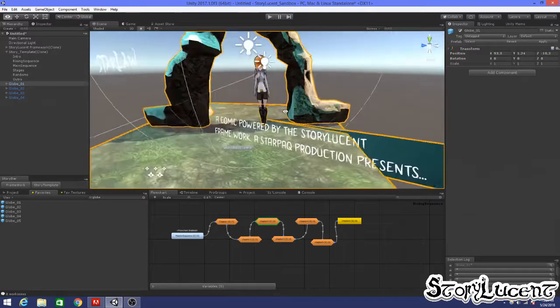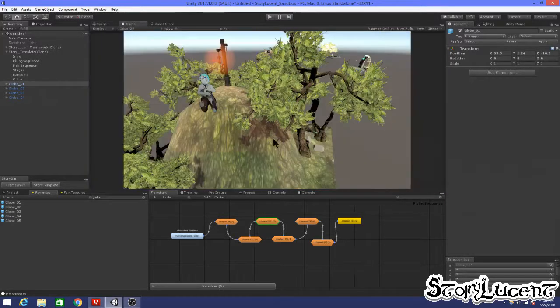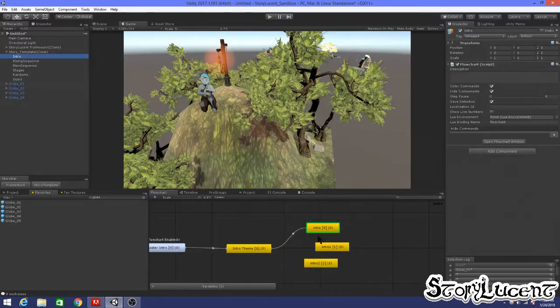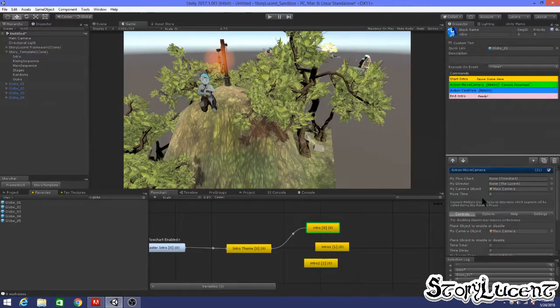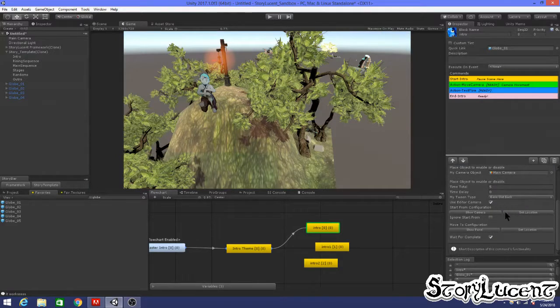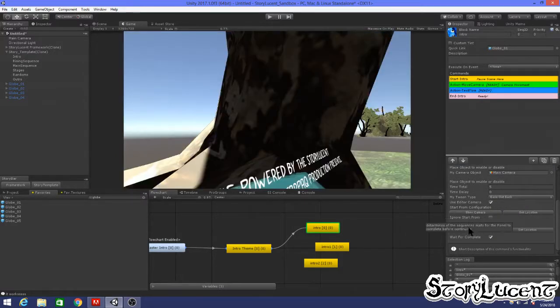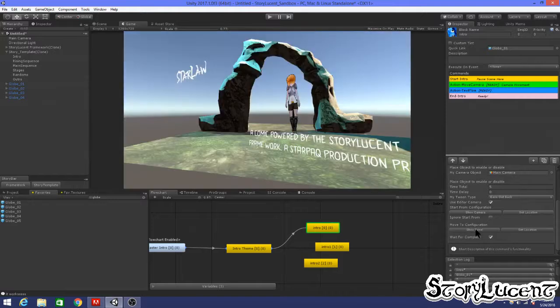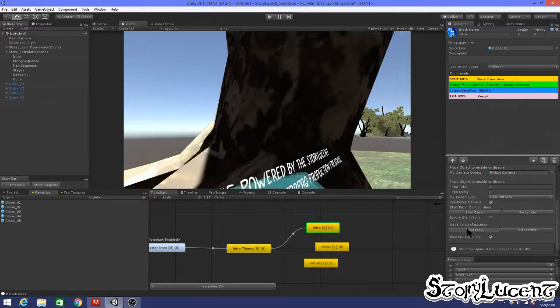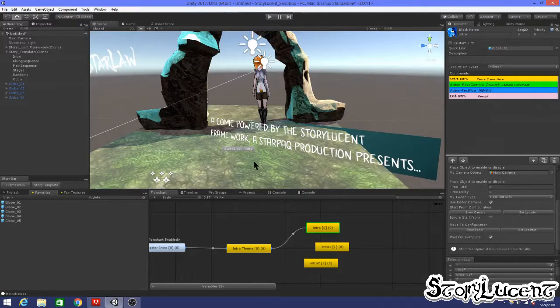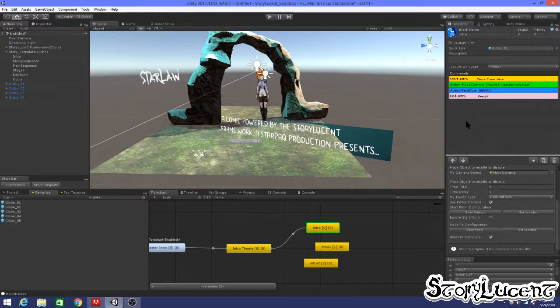Now what's really nice is, from a workflow perspective, if I wanted to, I can change the game view, and I can go back to my intro block and say, hey, you know what, I want to see where that camera starts. Over here I can click on show camera, so I can get an idea of where the camera is moving from and to. I'll come back to the scene though, and I really need a